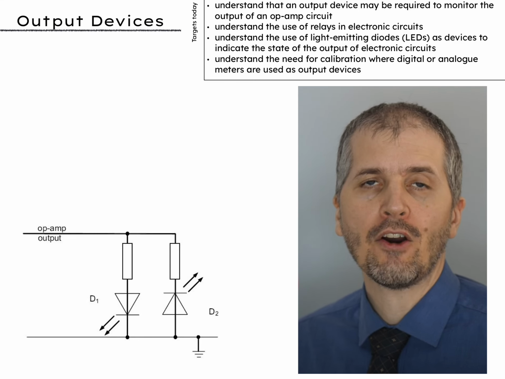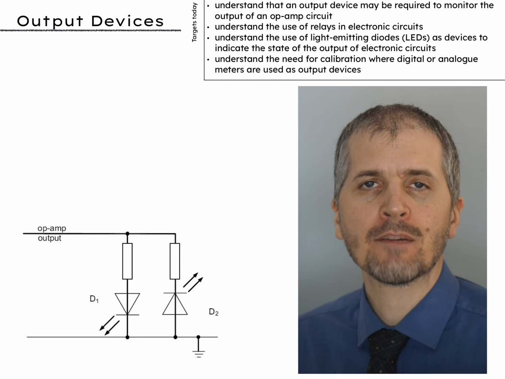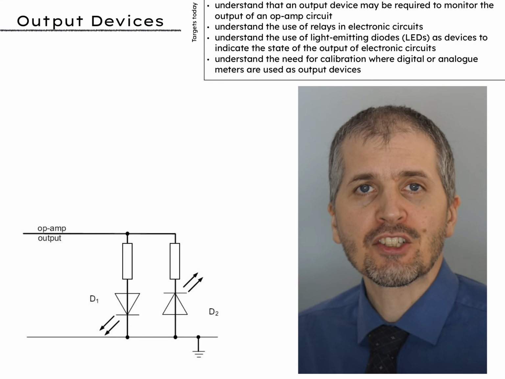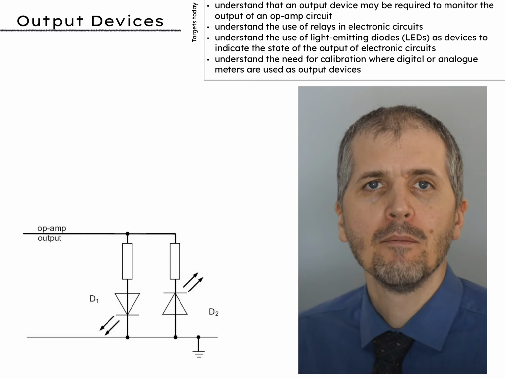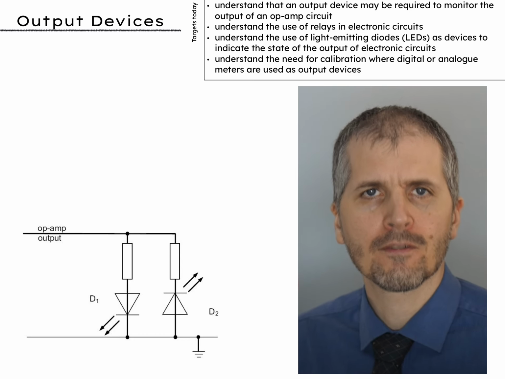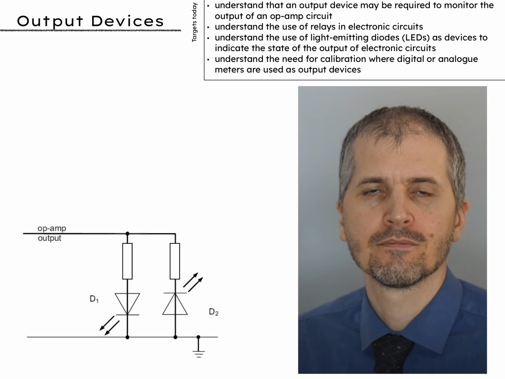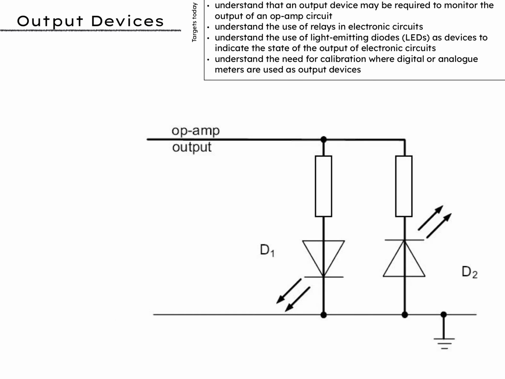Finishing off this unit on electronic sensors, we should look at some output devices. Now this could just be a light bulb or a speaker or something like that, but we're going to look at a couple of quite specific examples. First off, a pair of light emitting diodes,